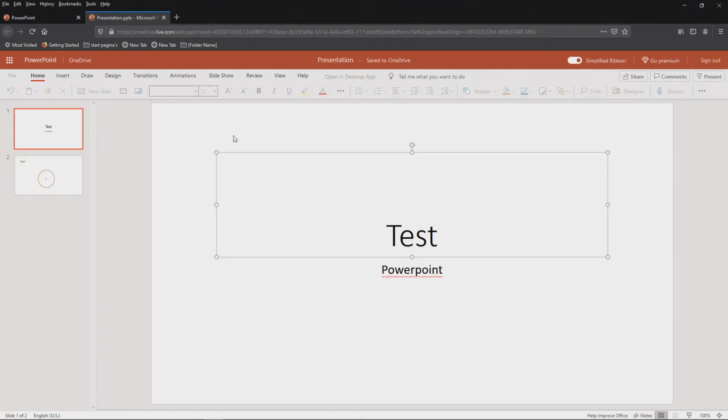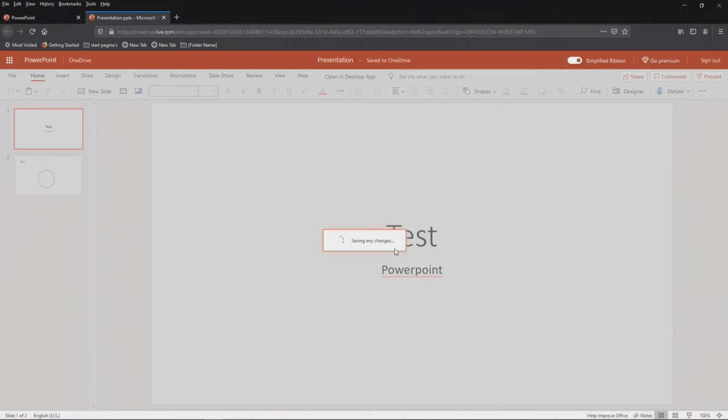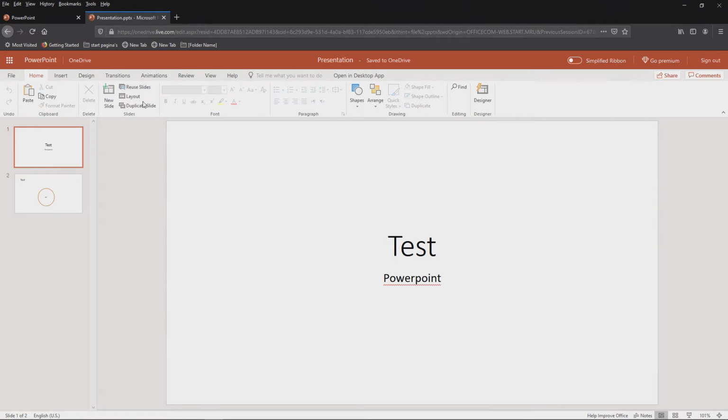When you open the interface, you have two types of interfaces. This is a simplified ribbon, and you can go to the old ribbon. You now have all the same buttons, the same options as you have in the simplified ribbon, but now you can actually see what it says and it looks more familiar with the old interface.